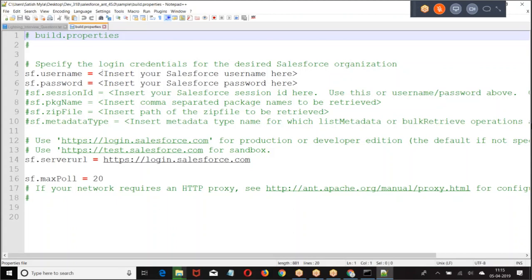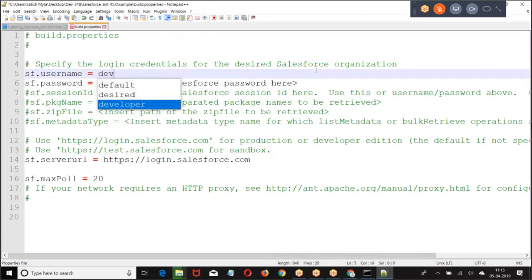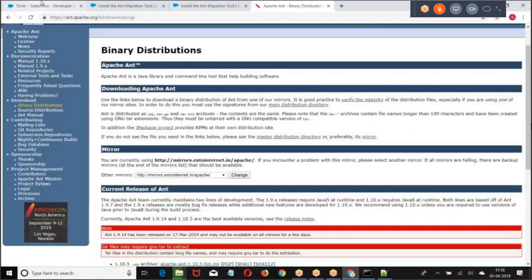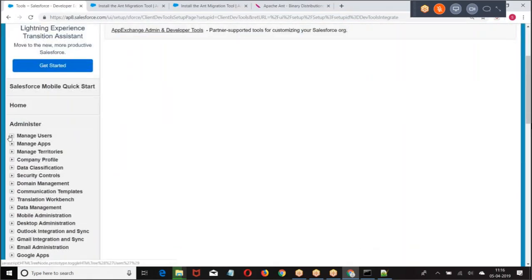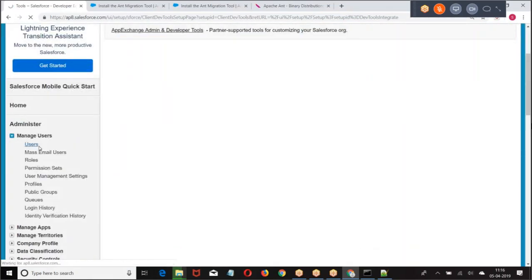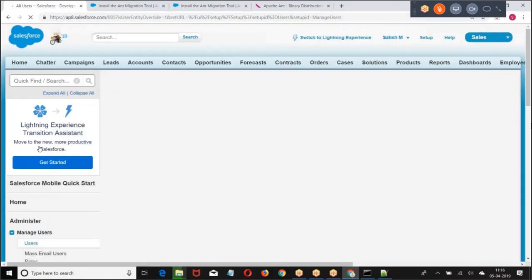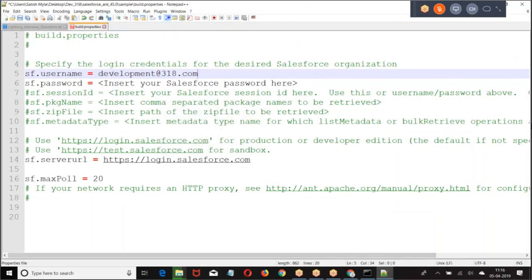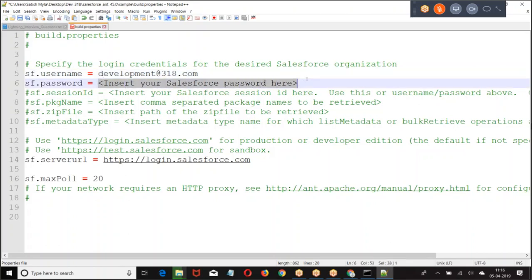So we are giving here the username, development or developer. What is the username? Take the password.